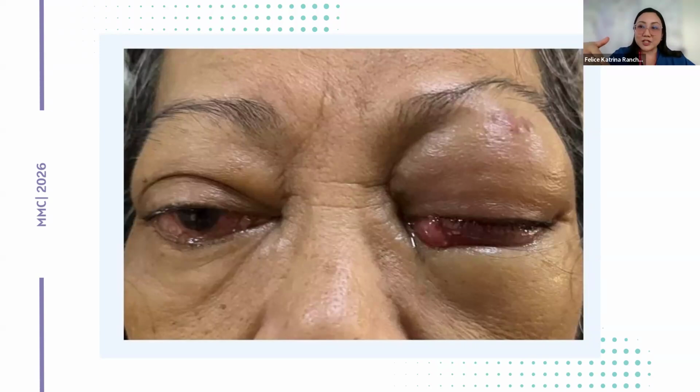So the next step in management is to decompress this orbit. If we talk about orbital decompression, we have to somehow increase the volume of the orbit so that the contents of the orbit have a little room to breathe. The arteries can have space to open and be perfused again. If we recall the anatomy, the orbit is bound on four sides by bone. So it's very difficult to perform an urgent bony decompression at the OPD or at the ER.